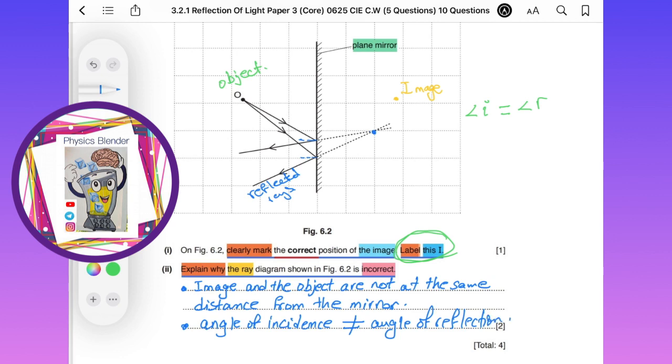So these are the 2 points representing the mistakes, or why it's drawn like this, what are the mistakes